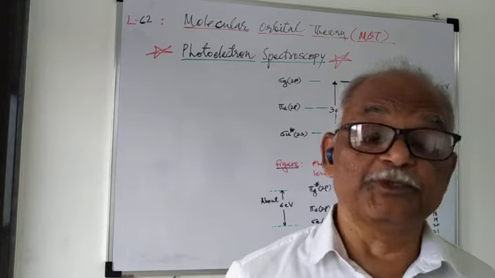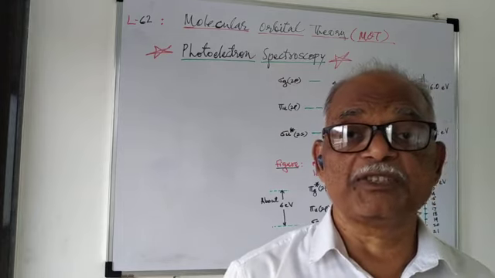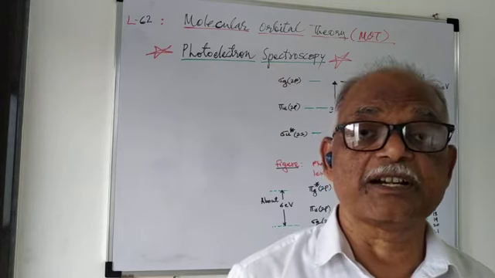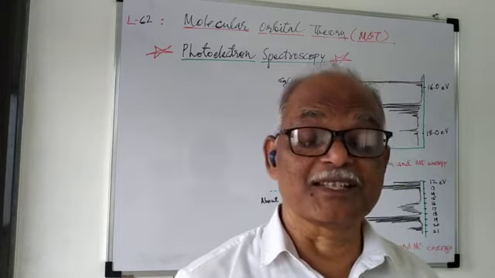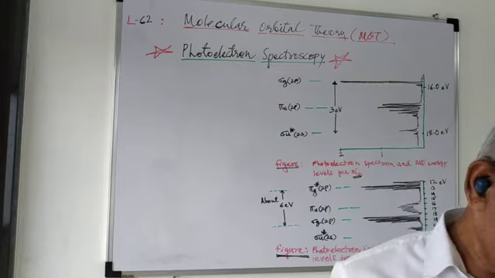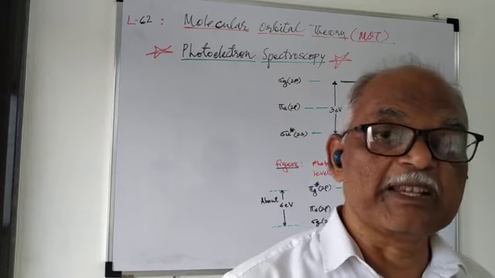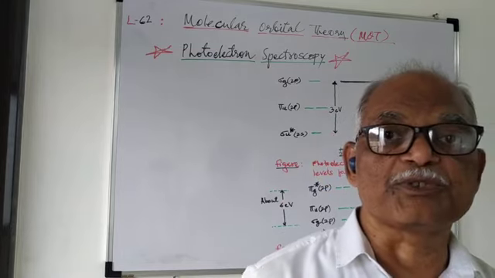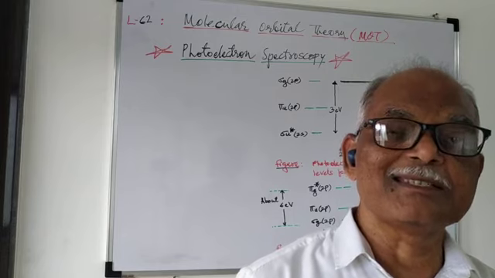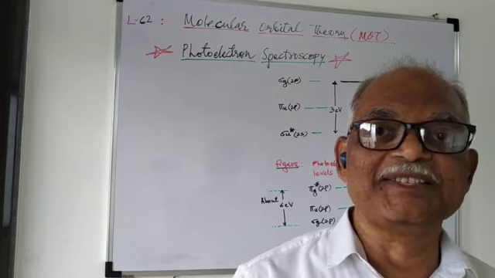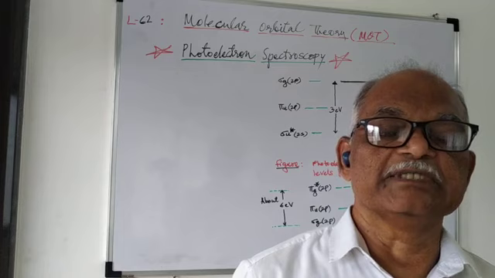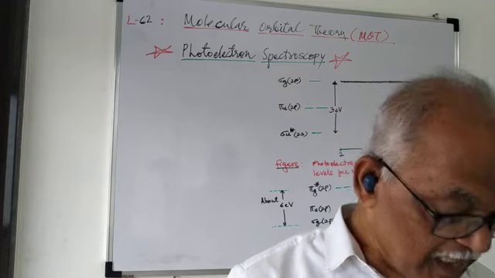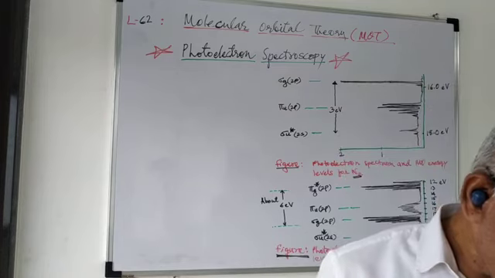Last time we saw the discussion regarding the bond distances and energies. The specific information about the energy of electrons or orbitals, that is molecular orbitals, is obtained by